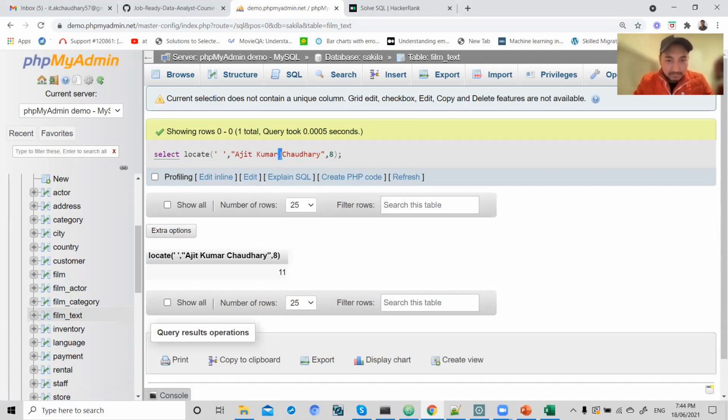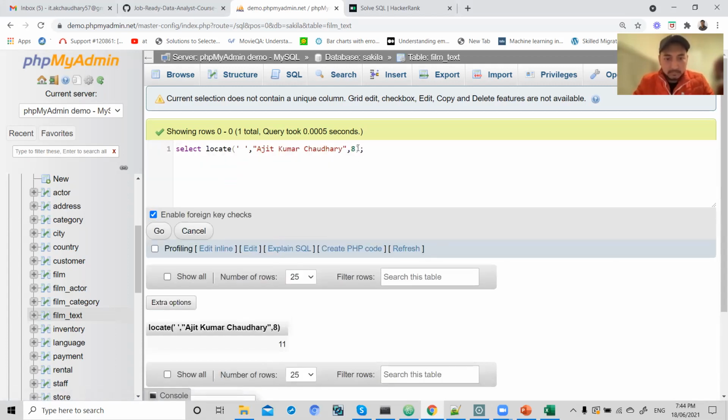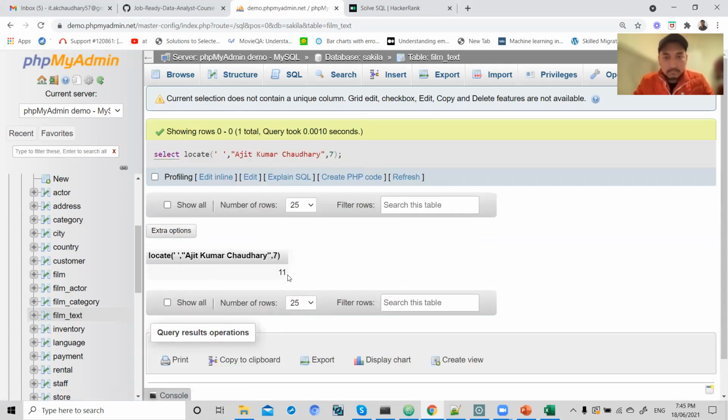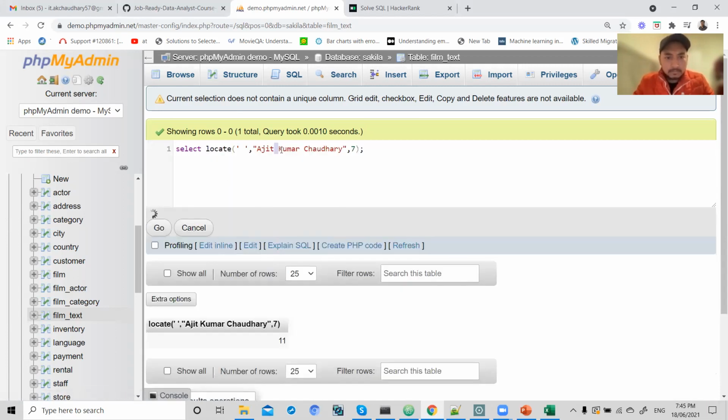Why I gave 8 is that I knew my second space will be somewhere after the fifth index. You can even give 7, and it will still give you 11, because it's somewhere after the fifth index. So if you even give 6,